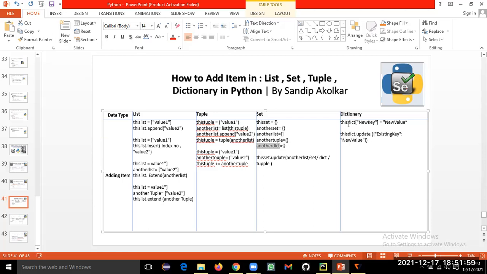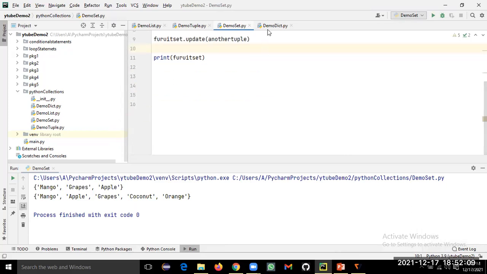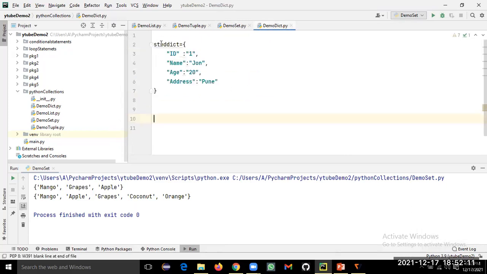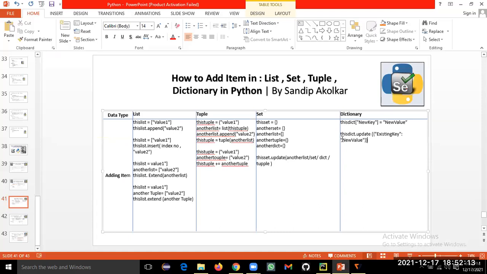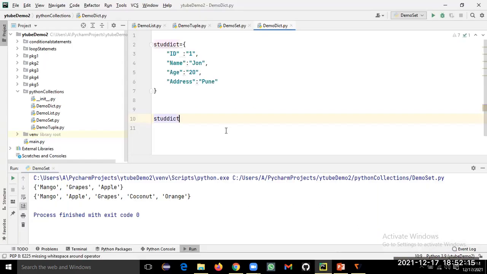Let's say if you want to add a new key with a new value in the dictionary, because in the dictionary we can add the element in the key value format. So let us move on to the dictionary. So how to add it? This is the student dictionary, with ID, name, age, address.